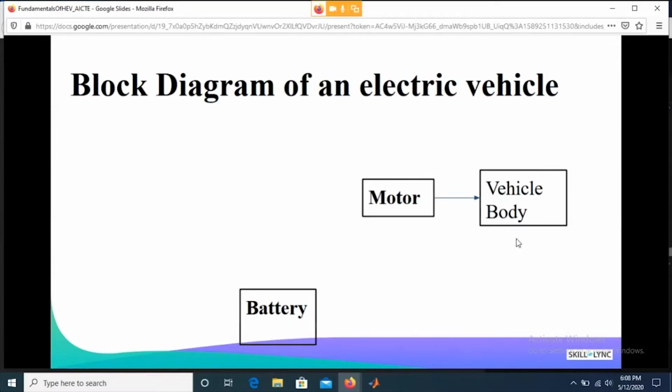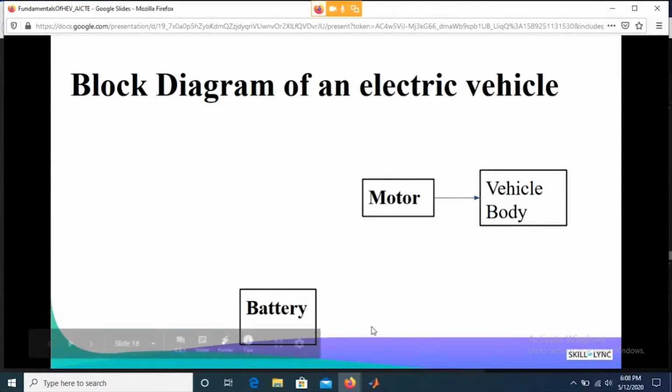Let's say you have two terminals of a battery and two terminals, positive and negative, of a DC motor. What will happen if you directly connect them? Directly the battery voltage is available to the motor and the motor is going to run, right? But is the motor going to run as per our requirement? Yes or no, right? I'm expecting your responses. What will happen if we directly connect the battery block to the motor without any kind of control?